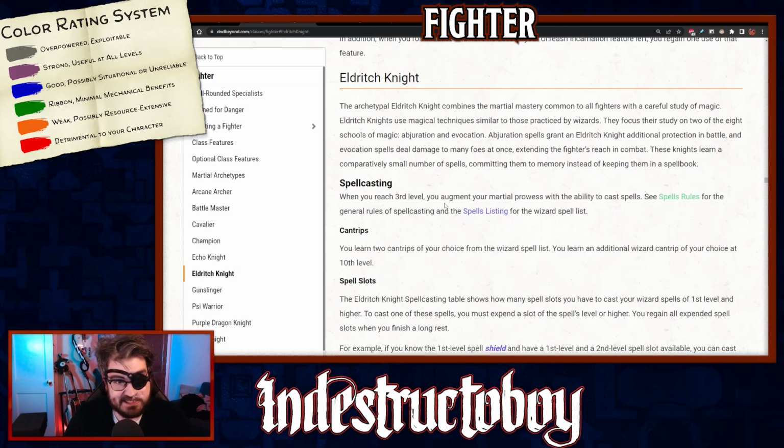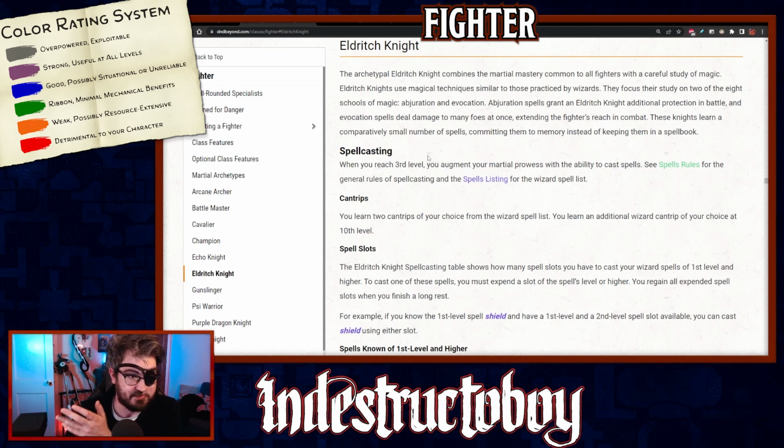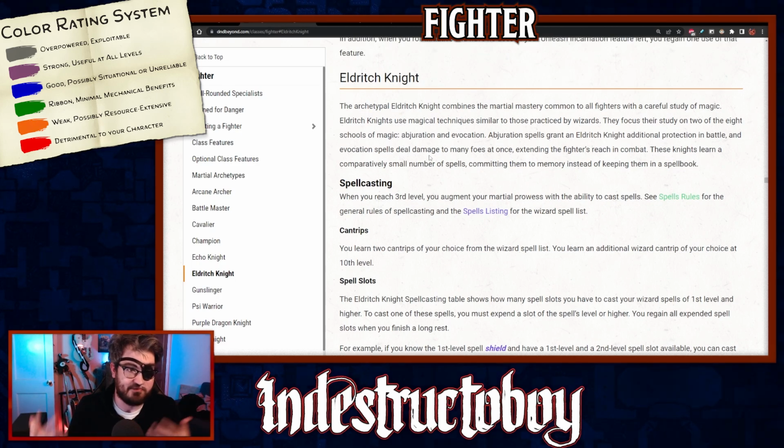Eldritch Knight is meant to be the Gish of 5e. You're going to be a bit of a spell sword with this one. You have some blaster potential with it, but really you're a debuffing support on top of being a striker. This is generally a pretty decent subclass overall, but personally at my tables, I really recommend the full-on class of